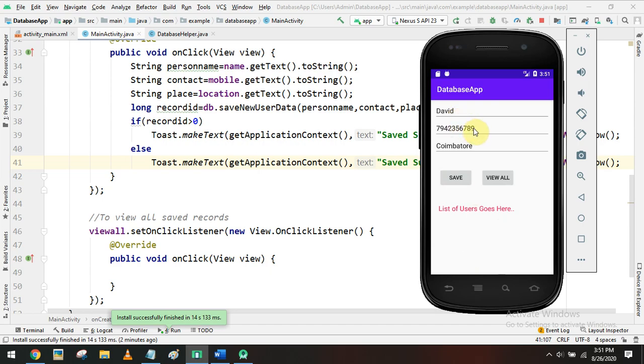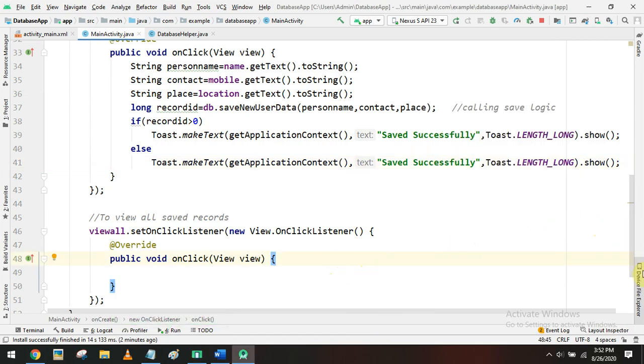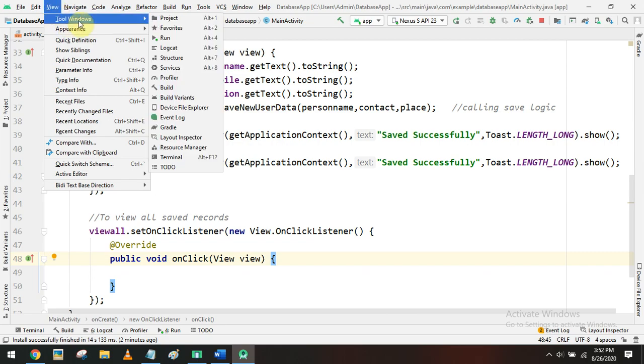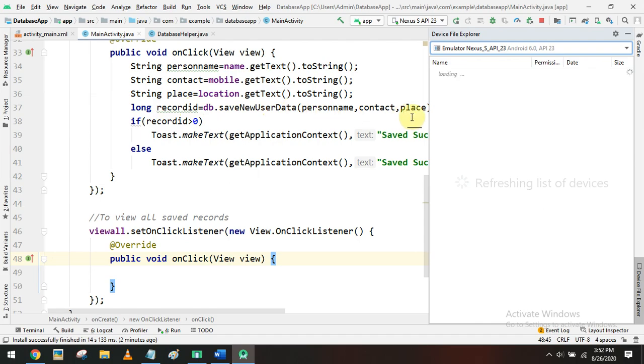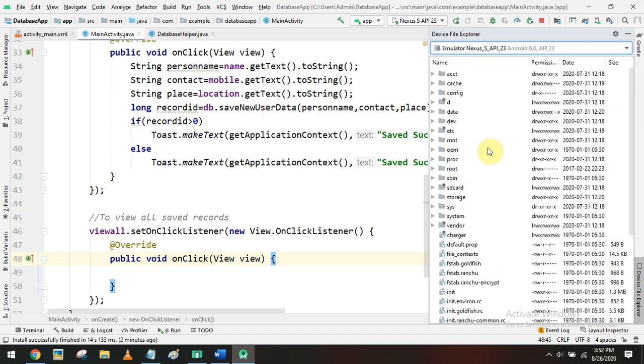Now if you want to see where the data table is getting stored, there is an option in your Android Studio. Go to View, select Tool Windows, and you can see Device File Explorer. Open the Device File Explorer, where you can see a folder called data.